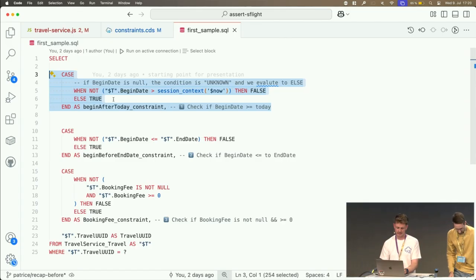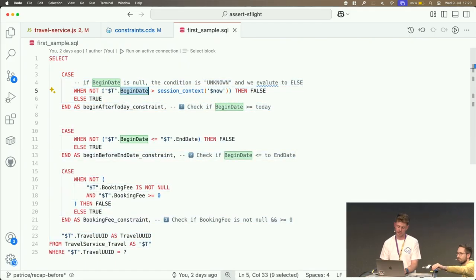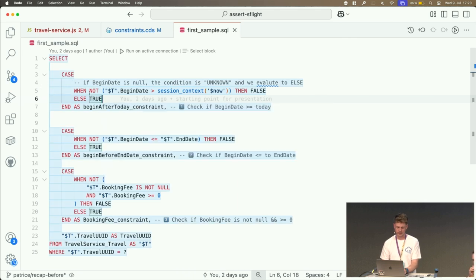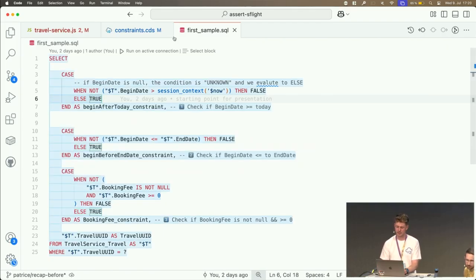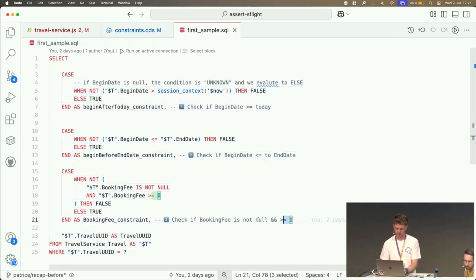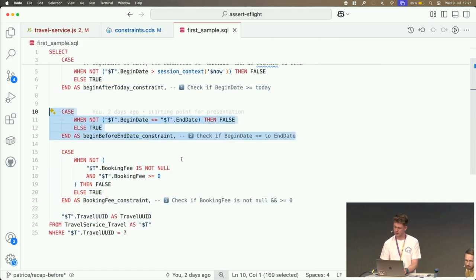And we even do a nice trick. We negate the whole expression so that if begin date is null, the whole expression turns to unknown on the database, which is not true. And then we go back to the else part of the check, and the constraint is then still true, right? We don't want to annoy you if the begin date is not supplied at all, because there are other annotations for this kind of check. Or you can just say condition begin date is not null, as we have done for the booking fee, for example, right? So we have 3 calculated fields in here, and they get sent once to the database right before